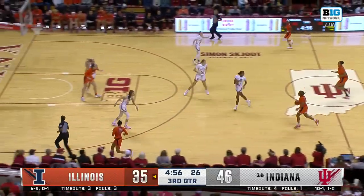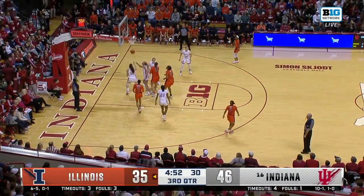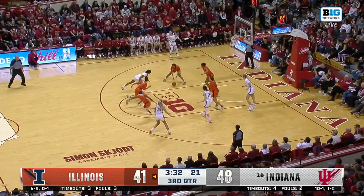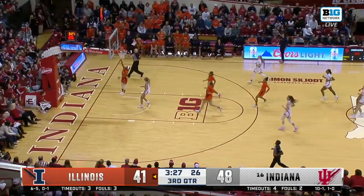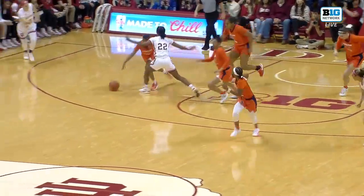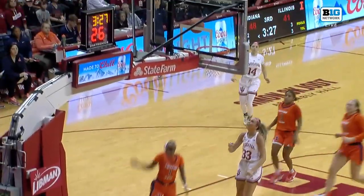They have not scored in over 3 minutes. I want to see them get it to Bostic, which they did right when I said it. There it goes. Illinois has done a good job of connecting the dots. A nice left-handed bounce. And now another turnover. That's back-to-back possessions with turnovers. And Genesis Bryant lays it in for the Illini. Opportunities. But take a look. The turnovers for Indiana have given Illinois some hope because they've been able to